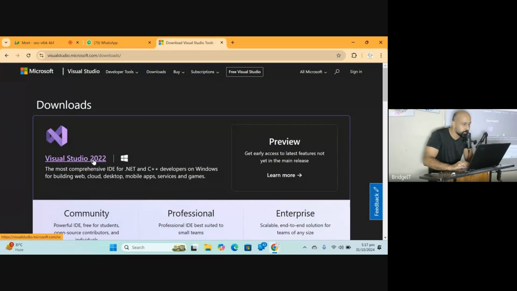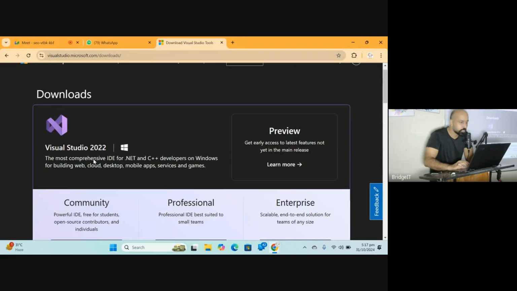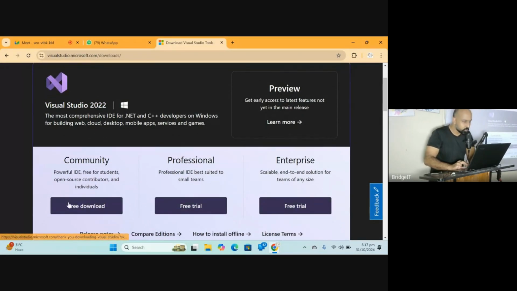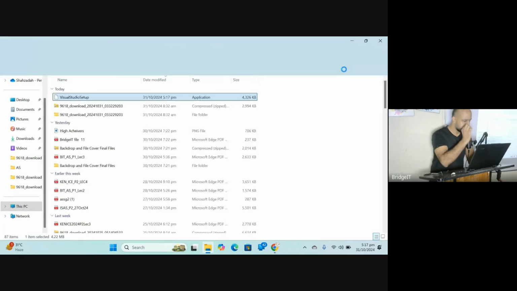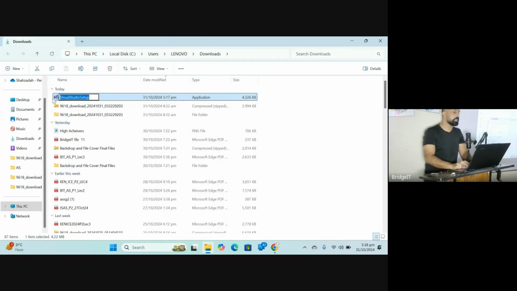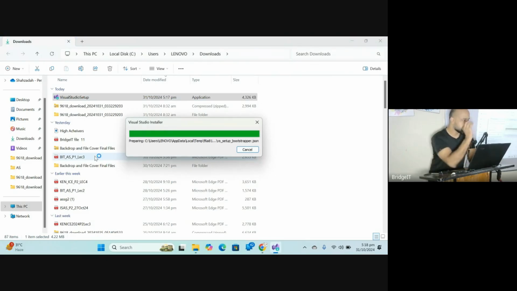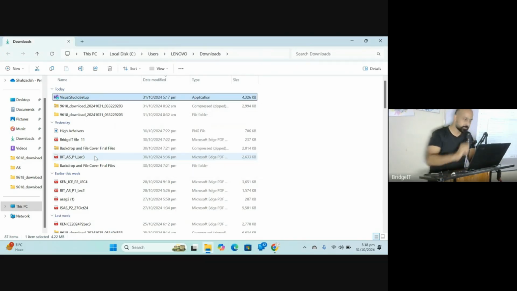and you can simply see that we have a number of options to choose from. I'm going to choose this Community edition, which is free to download. No trials, no money. We just want to learn, and this Visual Studio setup is more than enough. Now look closely, I have downloaded the very first tool. This skill is still in demand, and it will be more in demand. I'm just double clicking on this setup.